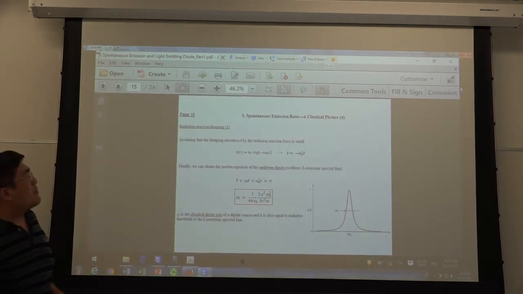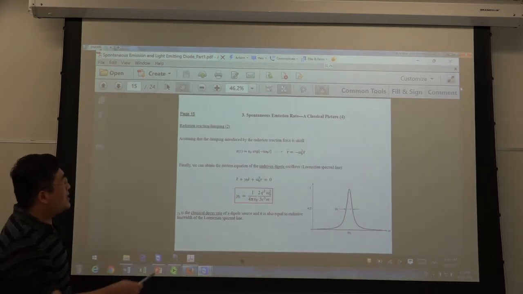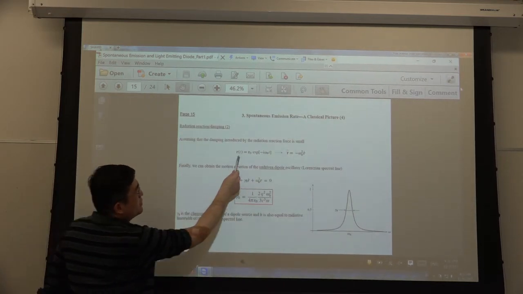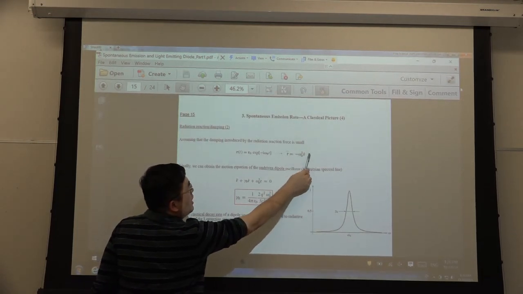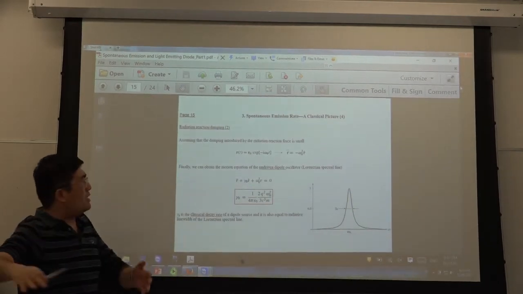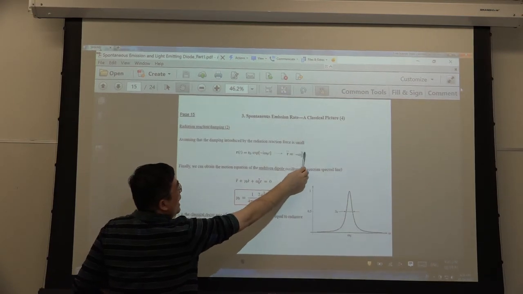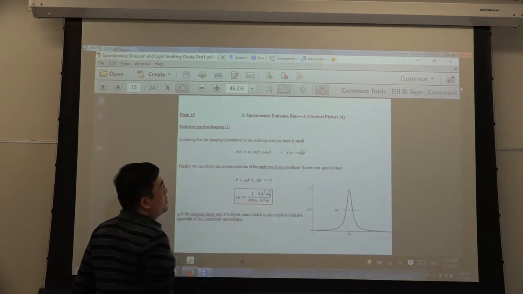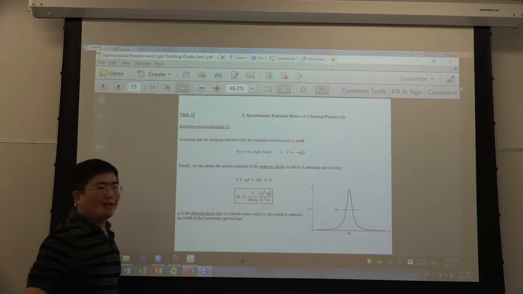Okay, so I do some approximation. I said it's damping, but its force is small. I do some approximation, and this R3 dot is still equal to omega 0 R dot. I said the decay is small, so I ignore this decay. It's a harmonic oscillator. So R3 dot is just omega square R dot. Omega square is just R double dot from this equation. So finally, I get this Lorentz form.